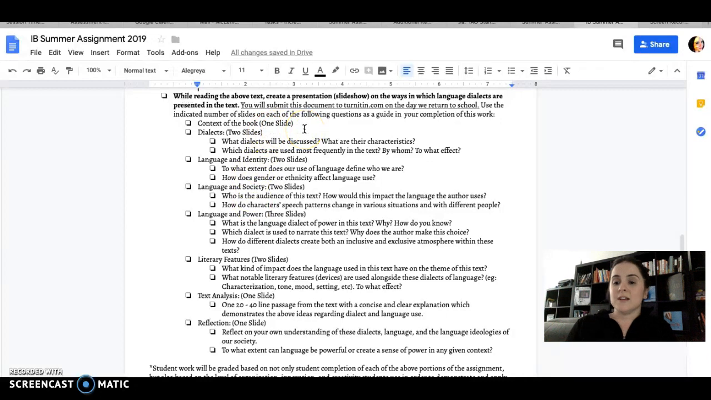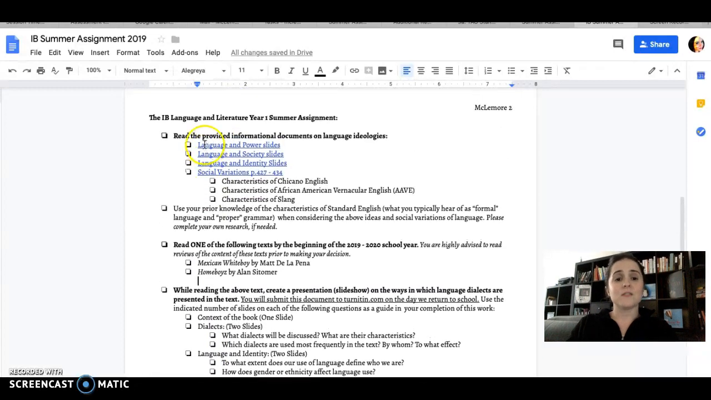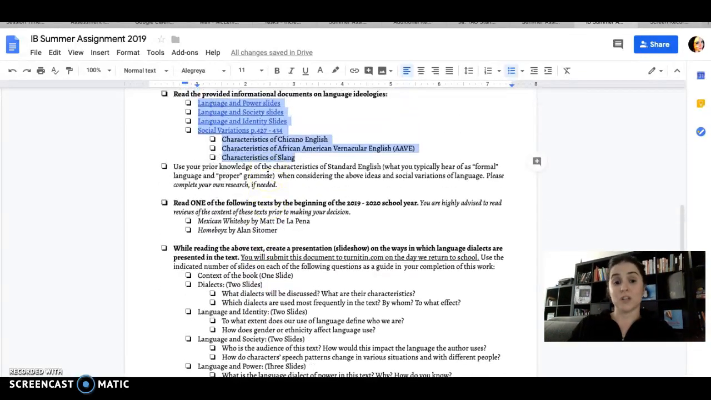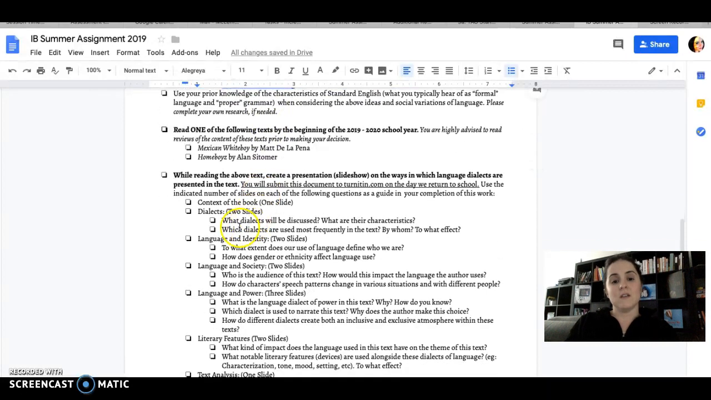So first we want to start with the context of the book. You want to provide just a general summary so that the reader knows what they're about to be learning about when you think about the dialects. And you'll see that the dialects, the language and identity, the language and society, language and power are going to directly correlate with these portions of the provided reading. So you're really going to need to have that background information going into reading this book, or going into reading whichever book you choose,